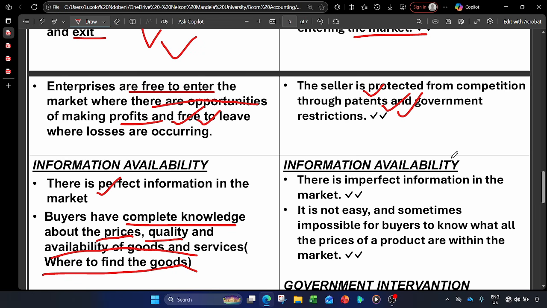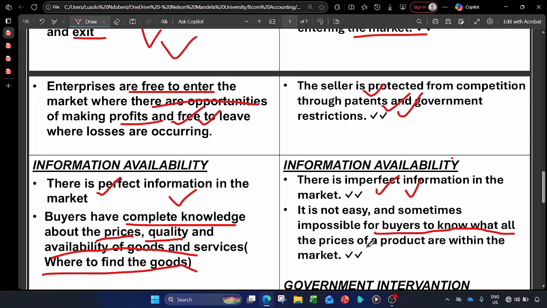But now, when it comes to the imperfect market, there is imperfect information. If I ask you about the price of a car, you won't respond. But if I ask you about the price of a sweet or a pin pop, you can know the answer, right? Because in the perfect market, there is complete information. The buyers have complete information about the prices and qualities, right? But since there is imperfect information in the imperfect market, it is not easy and sometimes impossible for the buyers to know